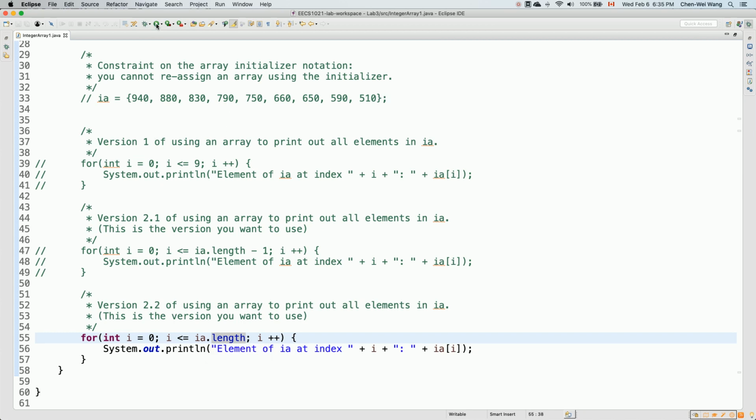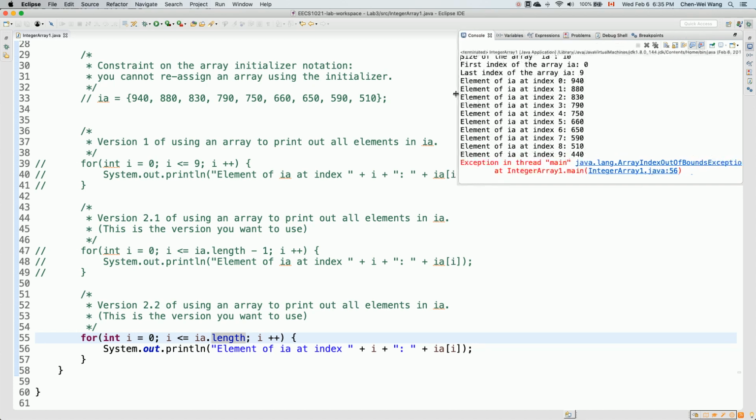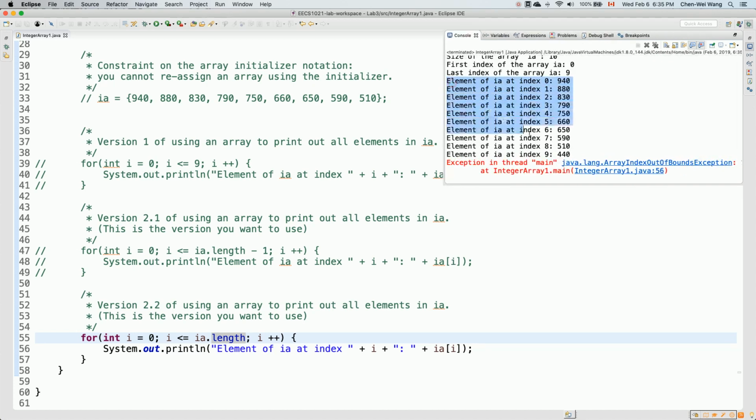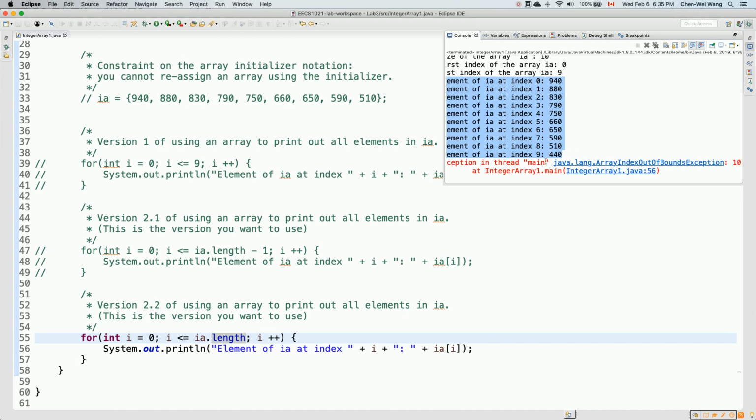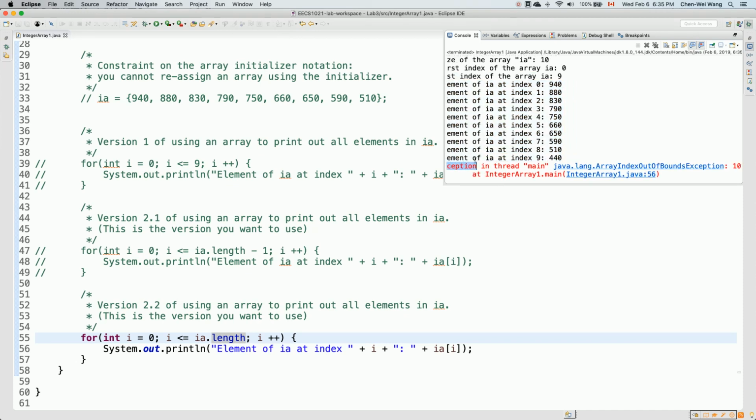If I run this, apparently we were okay. You can see what's happening here. It seems like we managed to print out indices 0, 1, 2, 3, 4 all the way to 9. But it's saying that there's some exception. So anytime you have an exception, that means you got some logical error in your program. Okay, it's something called